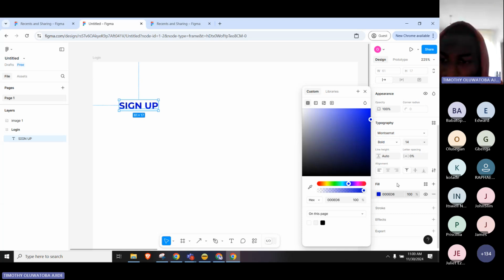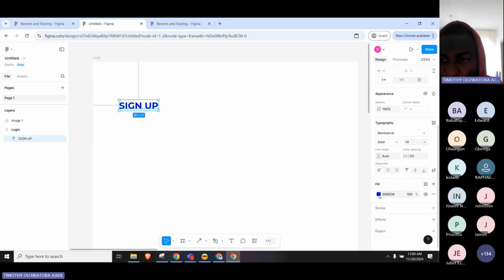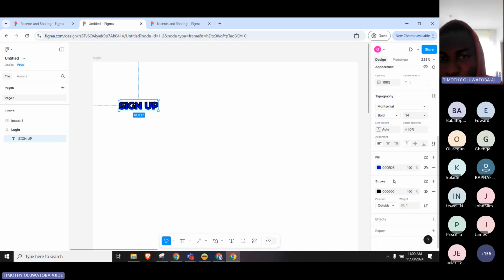Now, from this fill, that's where we change the color from. Now, if I want to decorate the text, I can decorate it from here as well, from the stroke part. But right now, I don't need to decorate the text. I just click on this hide. Then if I need to remove it, I remove it, which means I don't need it. Now,